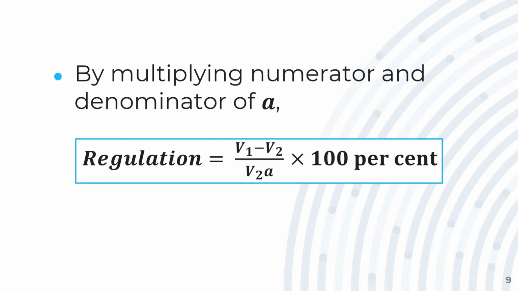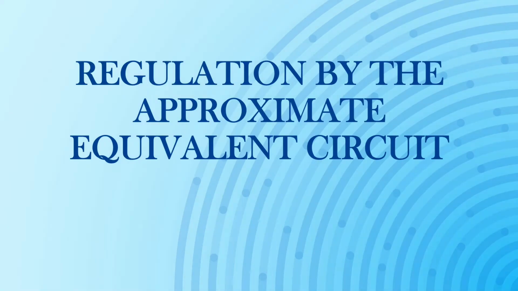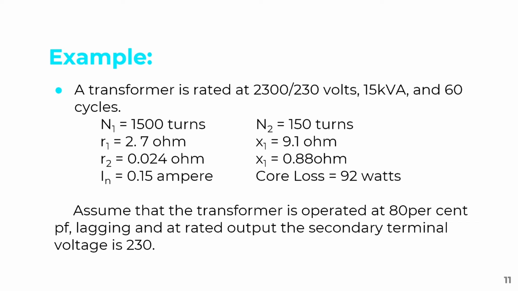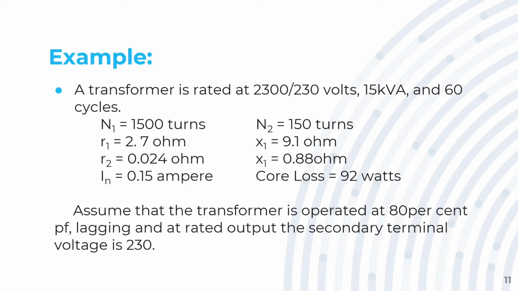So now, we will go to regulation by the approximate equivalent circuit. Now that we know the formula of regulation, here is an example. So, ang gagamitin nating example is yung nasagutan na natin dati na activity kay ma'am. Sa pagsagot natin, nakuha natin dun yung V sub 2 which is 230 volts and yung I sub 2 which